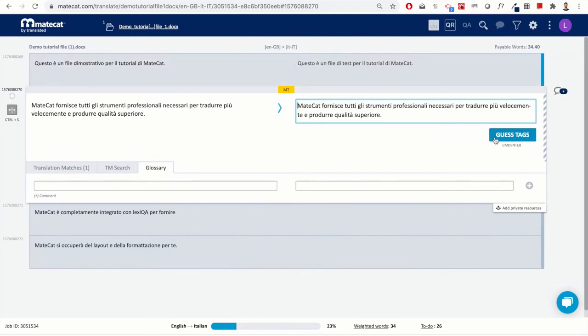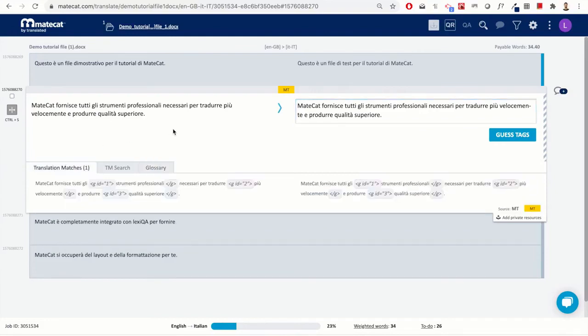Here we can see how guess tags works. Now, this segment looks pretty straightforward, right? Just plain text. However, in the source file, this is formatted. So I know for a fact that there are some bold words, some underlined words. So one of the advantages of using a CAT tool is that a CAT tool preserves the layout and formatting of the job. But how does it do that? It uses a set of labels that are called tags. Now, thanks to the guess tags feature,